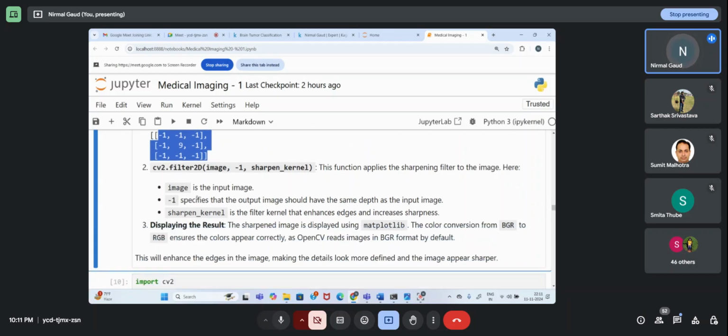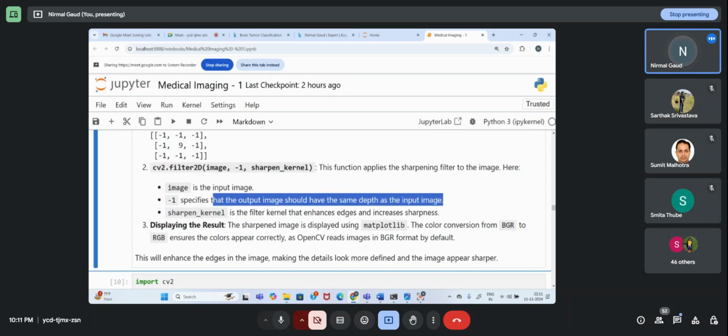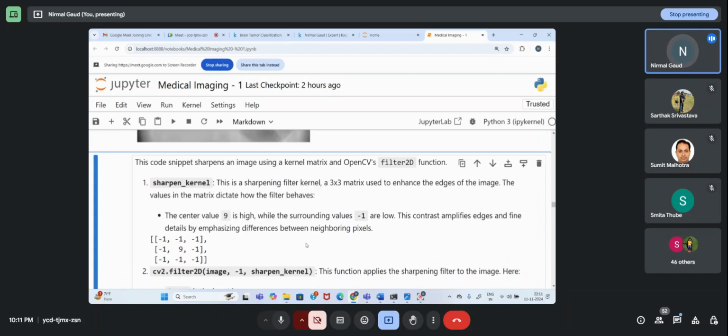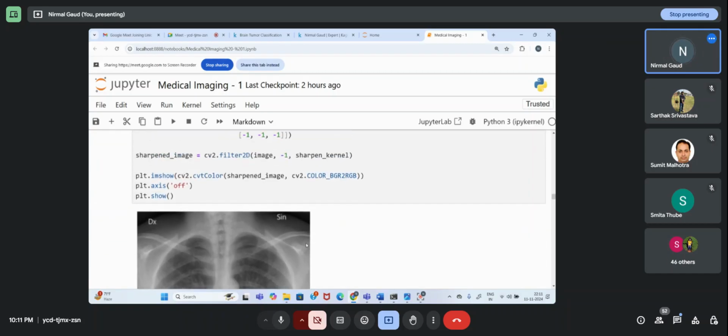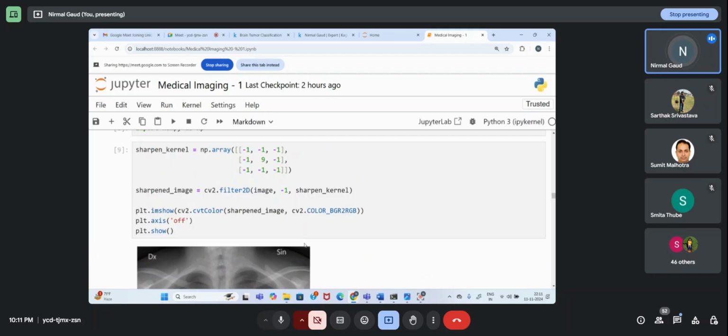So I have this matrix for sharpening, and I have the image input and -1. That means it specifies the output image should have the same depth as the input image. And this is the sharpening kernel that will increase the sharpness, and we are displaying the result. So very basic code I have introduced here, just to show you how we work with images.